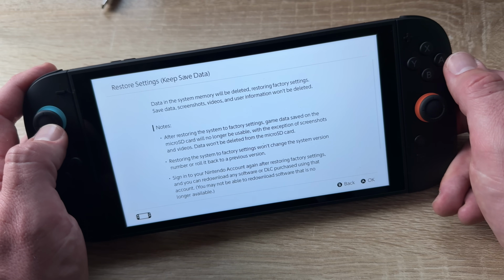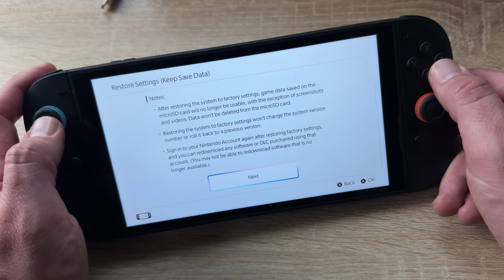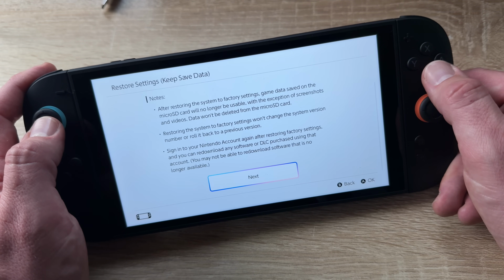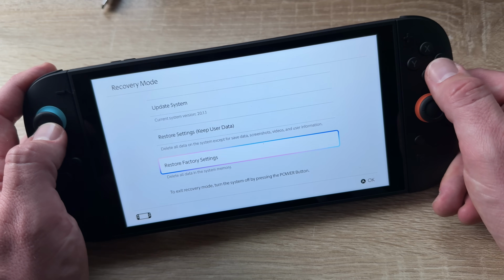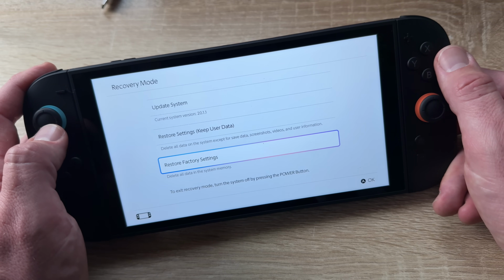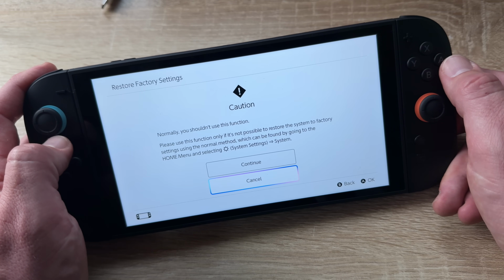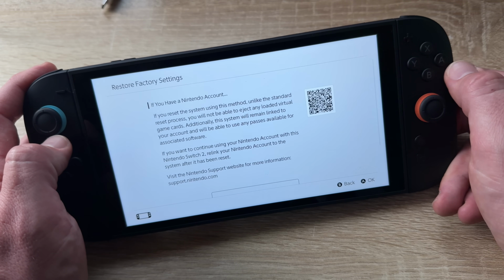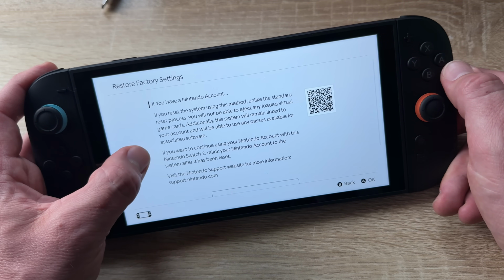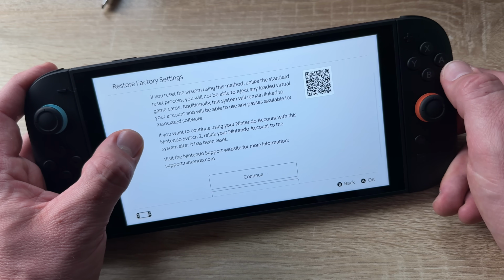The next thing is if you have problems with your console settings, then we can restore the settings, keeping user data, of course. If you go to restore factory settings, that means we should remove all of them. Our Nintendo account is still existent.